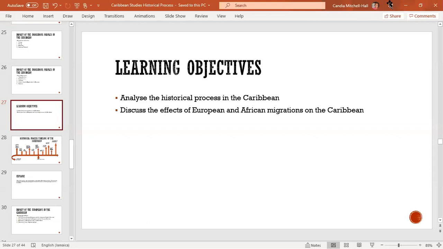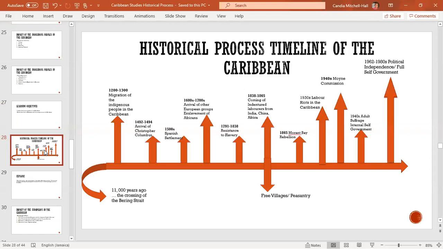Okay. All right. So learning objectives. Two objectives. We are continuing to look at the historical process, and we're looking at the effects of European and African migration on the Caribbean. Now, this is our timeline that we are working with, right? Based on our timeline,